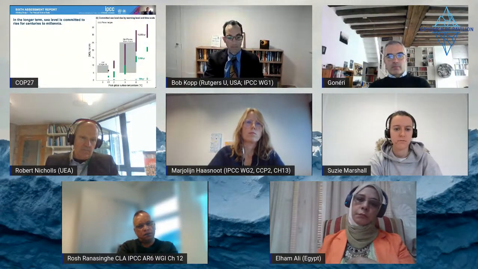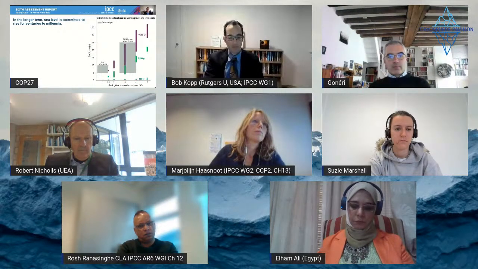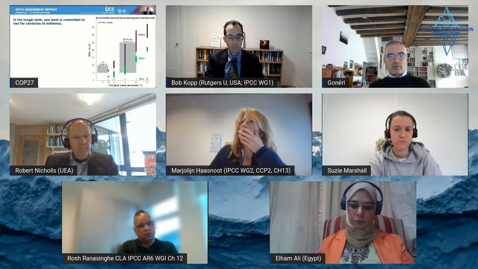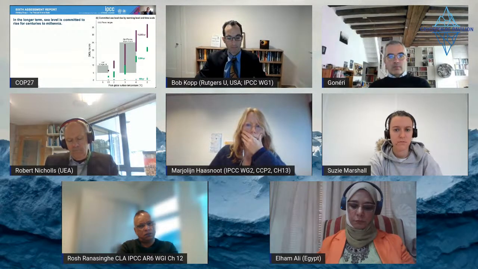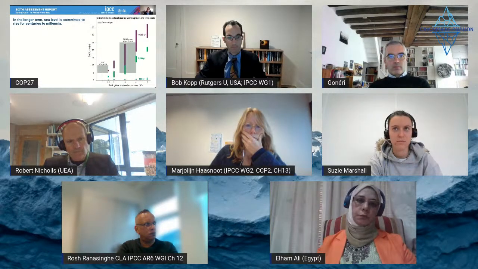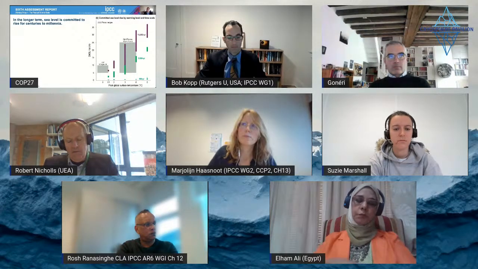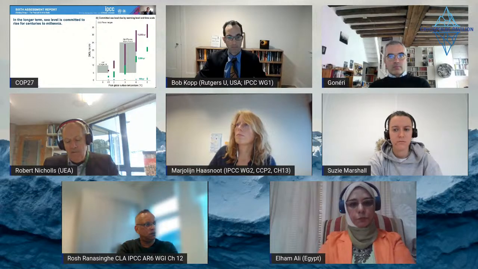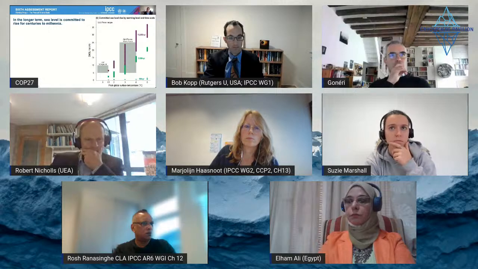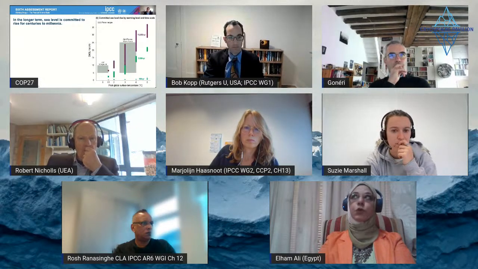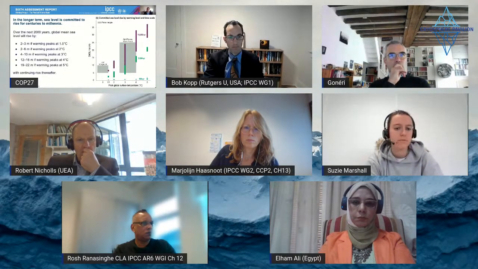In the longer term, sea level is committed to rise for centuries to millennia. This figure here on the right is showing you, for different levels of peak global warming, the expected amount of sea level rise on a 100-year timescale, on a 2,000-year timescale, and on a 10,000-year timescale, compared to what we see during two recent geologically past warm periods. The last interglacial, down here, where we have about 5 to 10 meters of sea level rise, and the mid-Pliocene warm period, about 3 million years ago, where we have about 5 to 25 meters. In summary, over the next 2,000